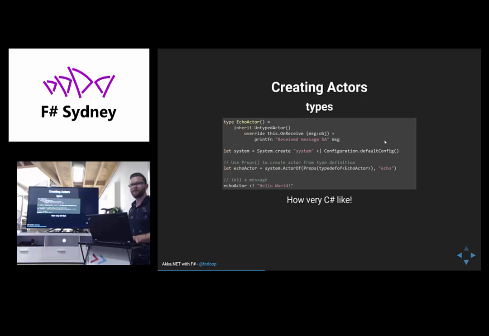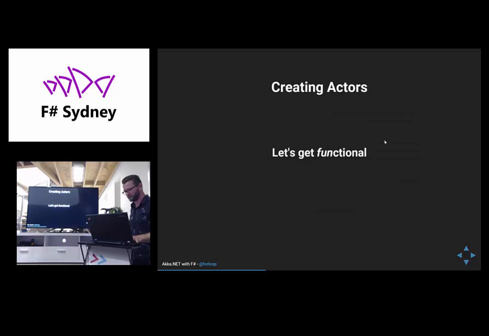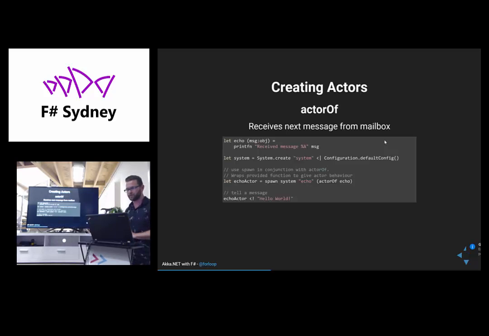But this is all very C#-like. It's not very functional at this point in time. So let's get functional with this. So the F# API provides a few different ways in which we can create actors. So we're F# guys. We like to work with functions. We like to think functionally. So why